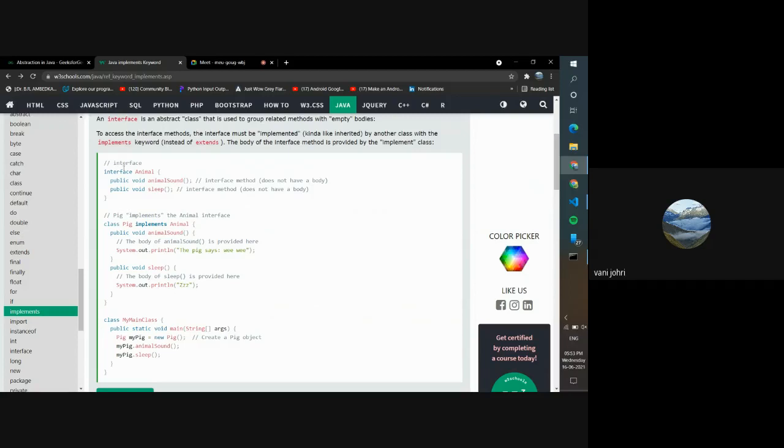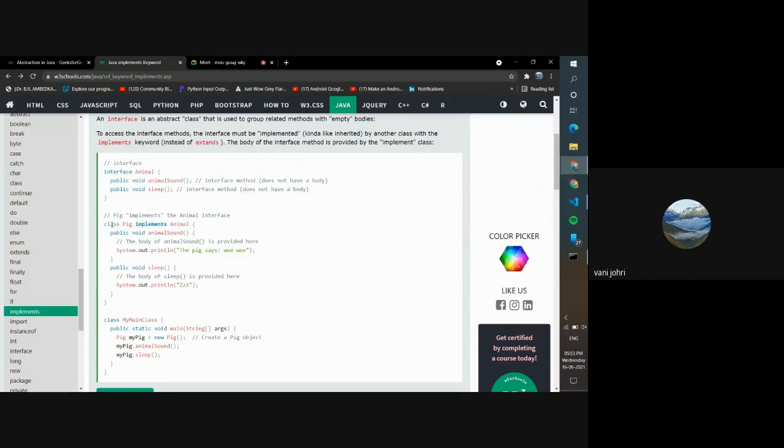And then this interface will be implemented. Now a class was made, class Pig implements Animal. Now a body for these functions will be given inside this class. Class Main does not implement Animal, so you will not have void animalSound or void sleep in Main.